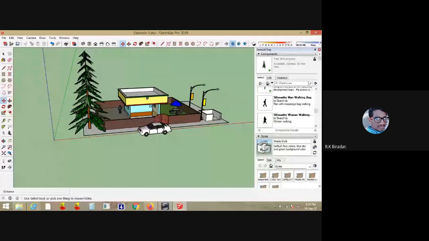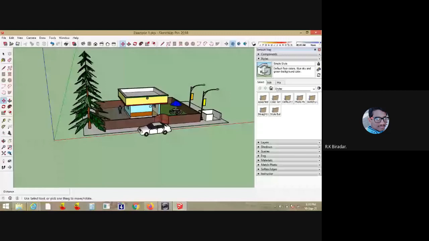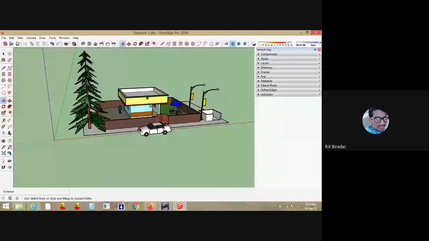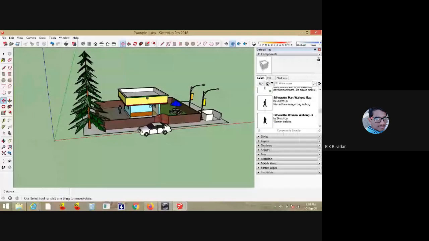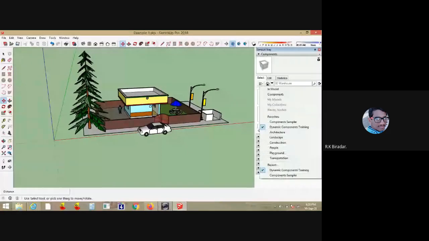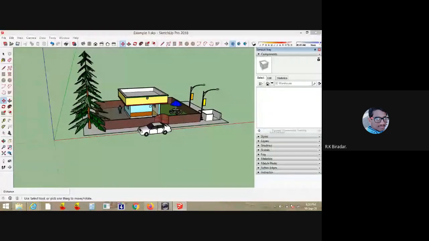Then in components itself, you have different objects. Dynamic component, if you would like to have, there are dynamic components available. Then architectural components. You can download through 3D warehouse also.